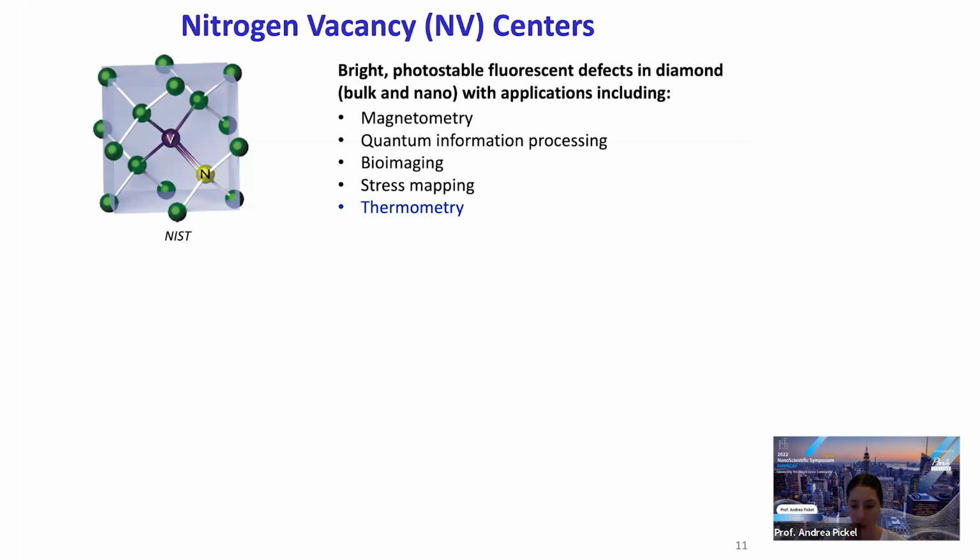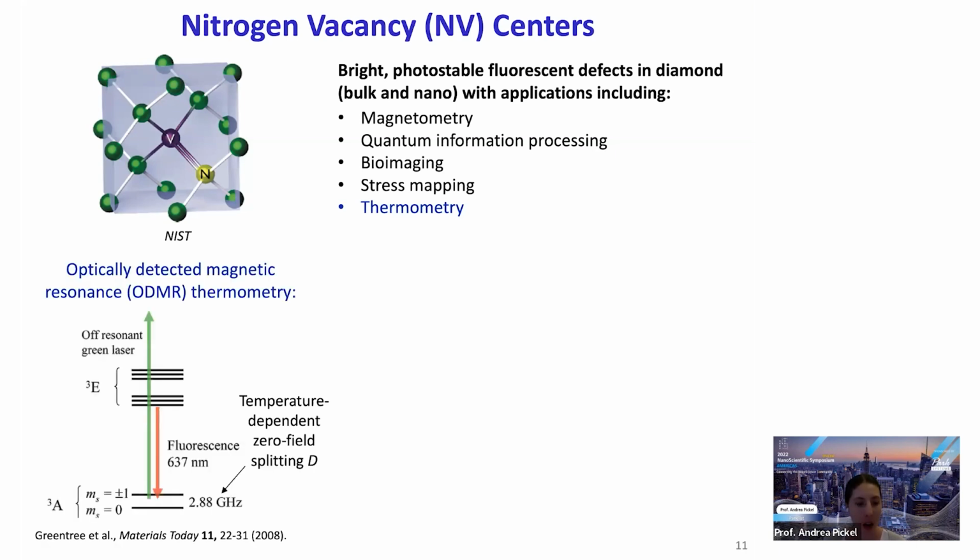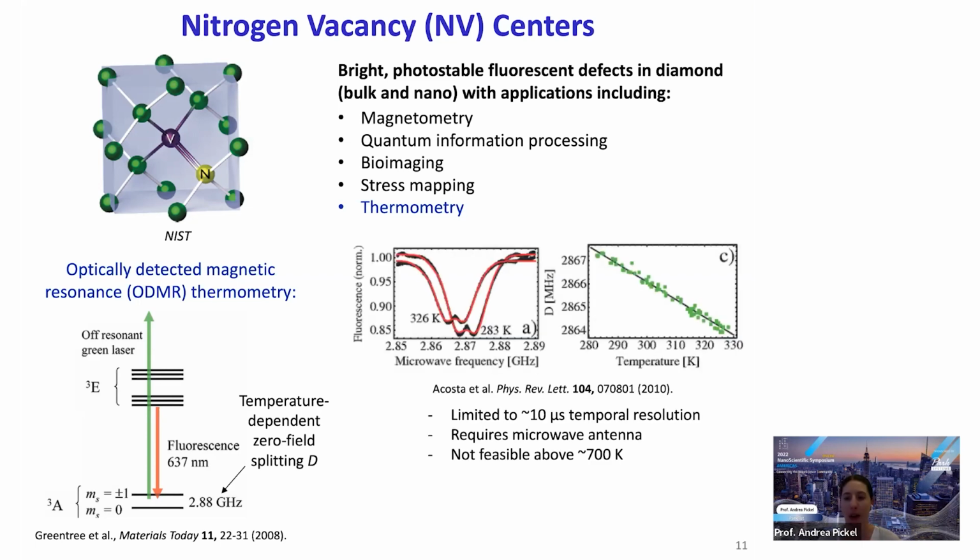These applications do include thermometry. The most common NV center thermometry method that's been demonstrated is something called optically detected magnetic resonance, or ODMR thermometry, where resonant microwave pulses are used to control the NV center spin state, and then the temperature-dependent zero field splitting of the ground state spin triplet can be read out from the emitted fluorescence. And so this is a well-established method that's been used in a number of interesting applications, but nonetheless, there are